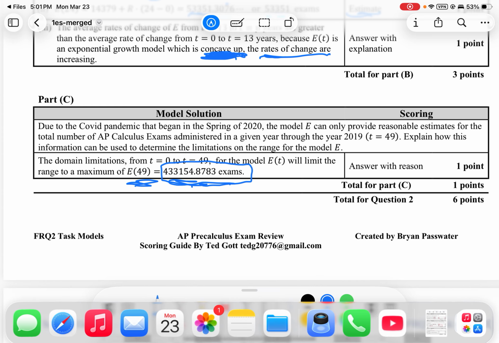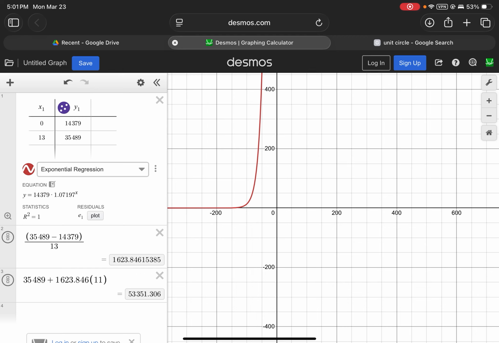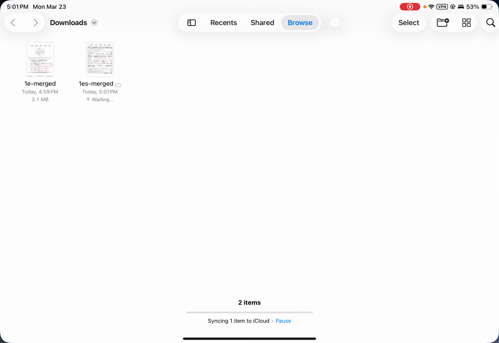That is the FRQ2 section, that is the calculator active section of this mock FRQ. I hope this video